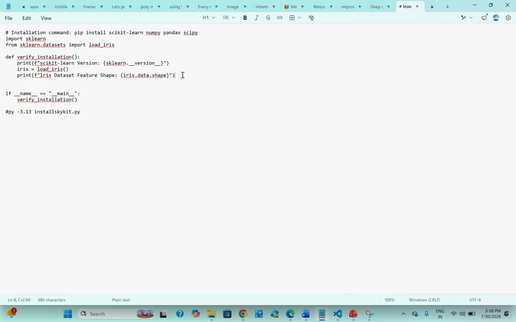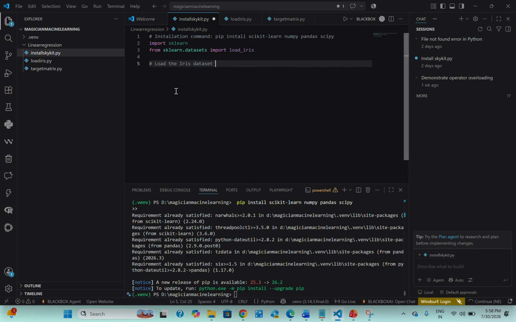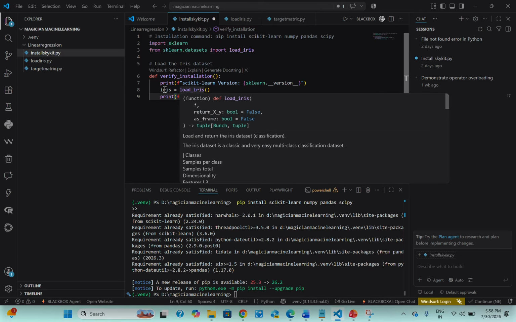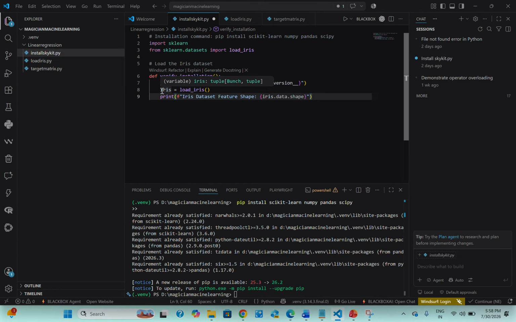So I would like to write one small function in Python called verify_installation. Here I would like to know sklearn's version, know the iris data shape, and load the iris dataset into the iris variable.